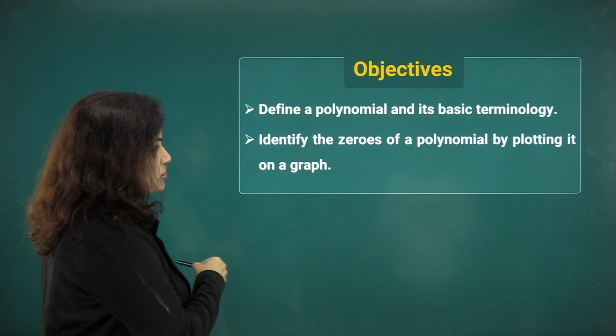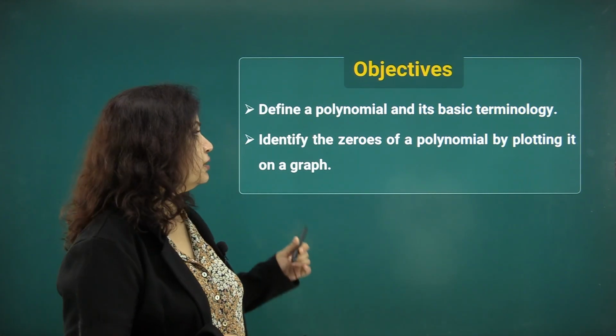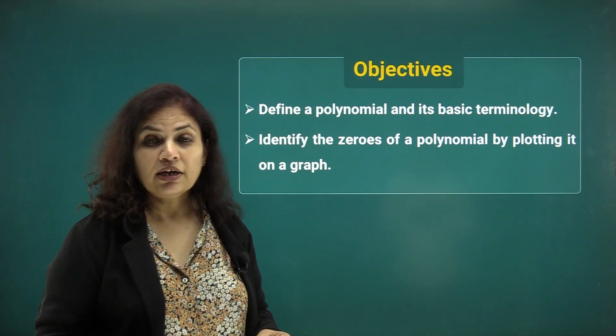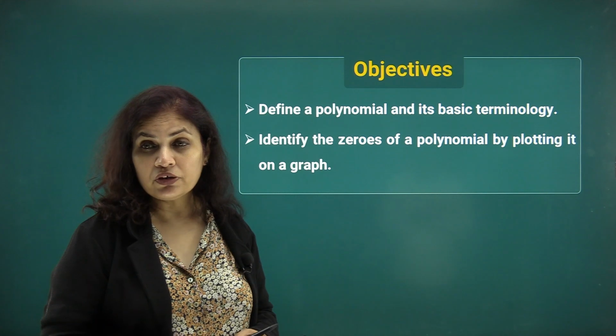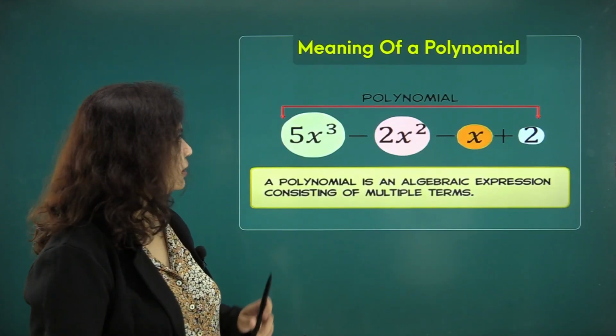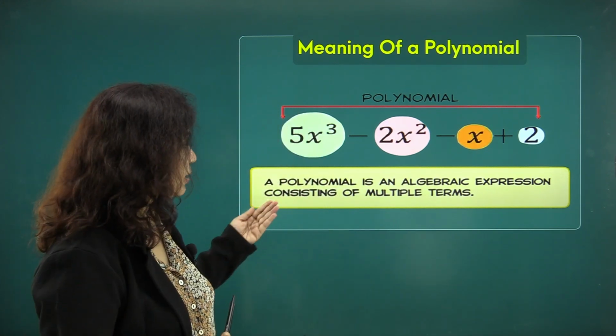There are certain conditions to be followed. So, what will we learn in this chapter? We'll learn how to define a polynomial and its basic terminology, identifying the zeros of a polynomial and its graphical study. Meaning of a polynomial, as I told you and as you can see on the board, a polynomial is